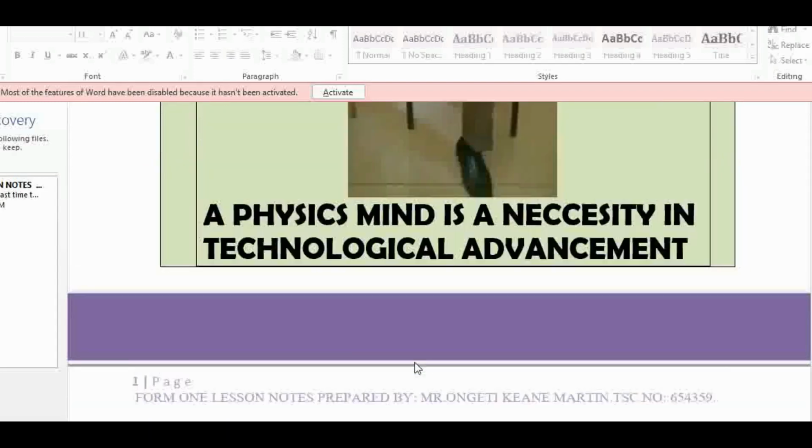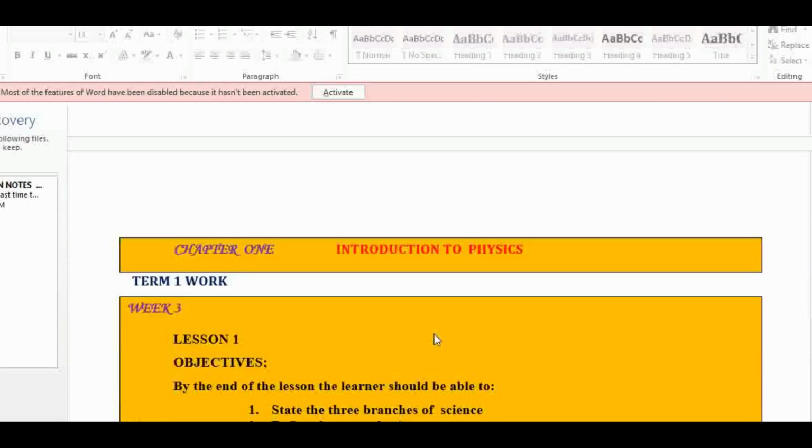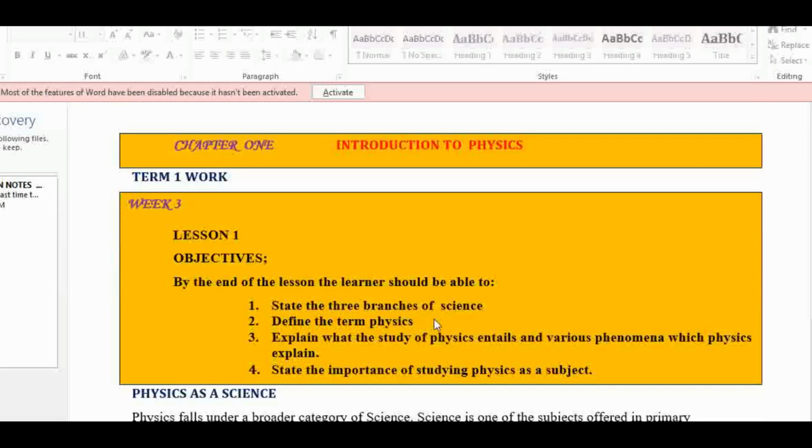Then the book is all about physics, which is a necessity in technological advancement. To take you through, we have the introduction to physics, which is the first topic that is normally covered by Form 1s, that is in Term 1 work. So I'll go straight to the first lesson. The lesson is